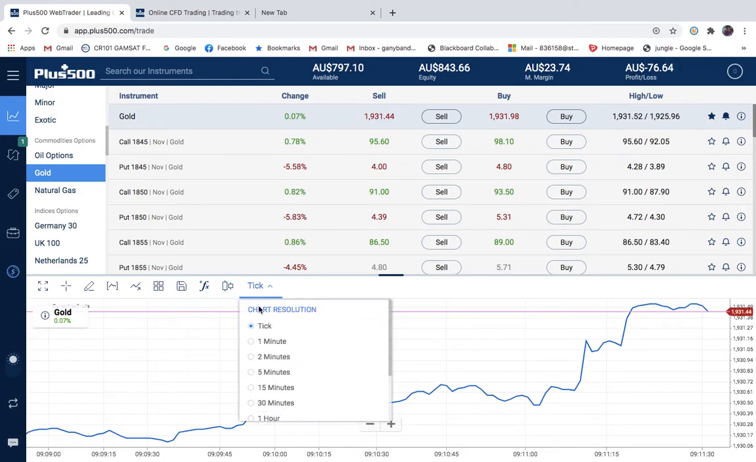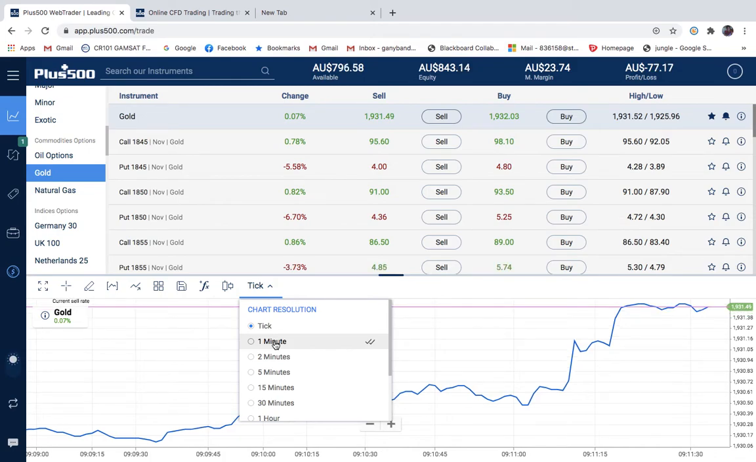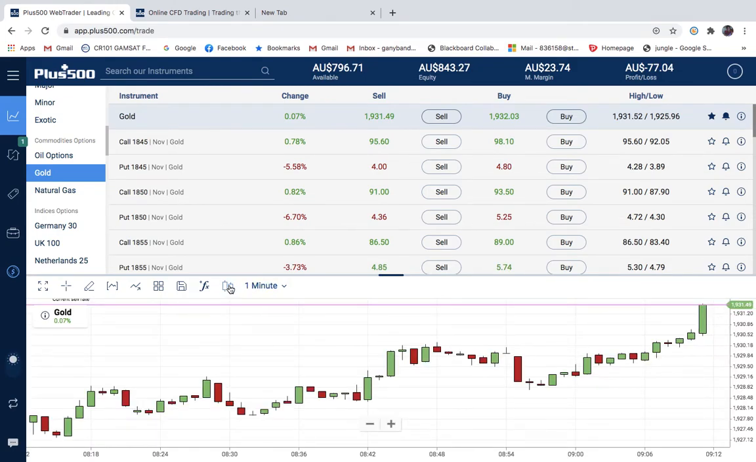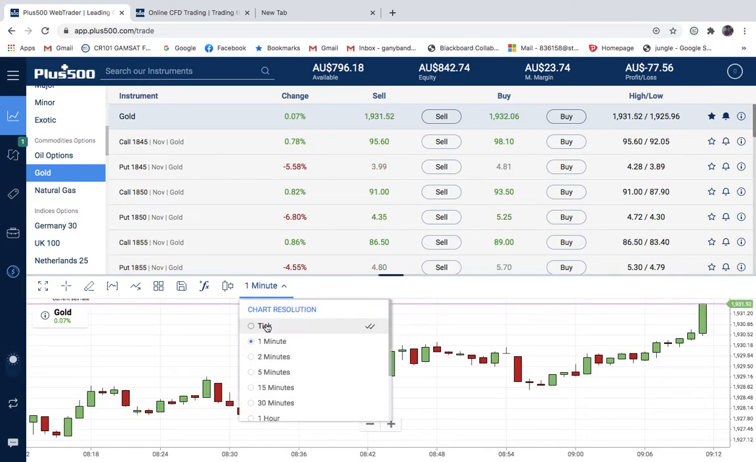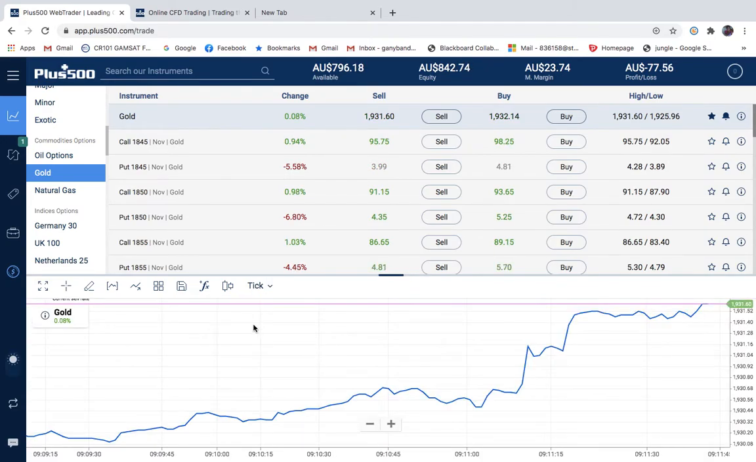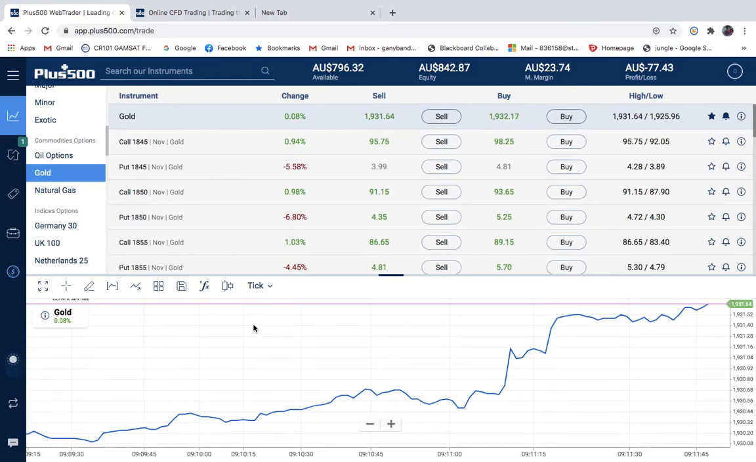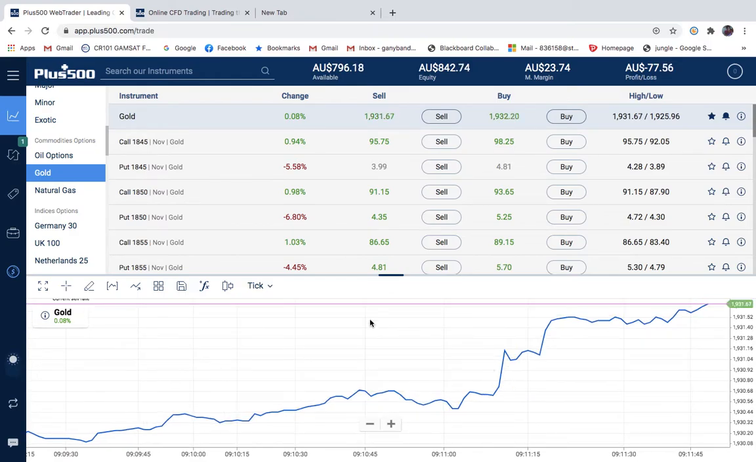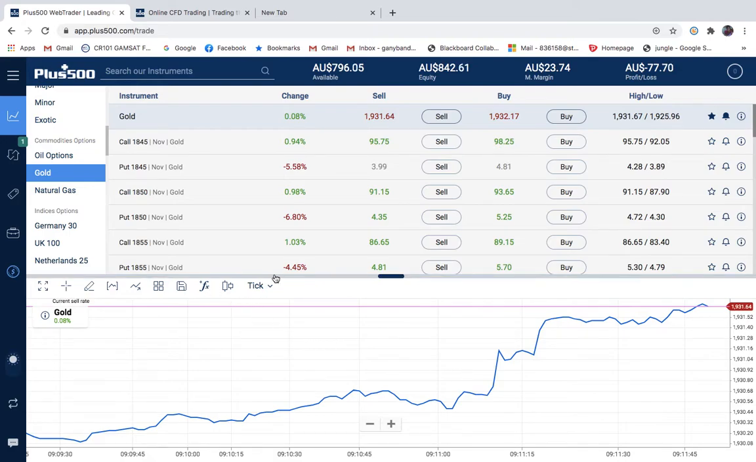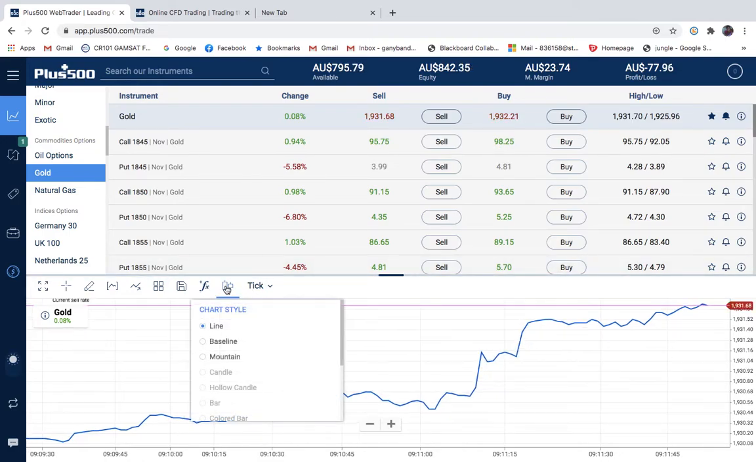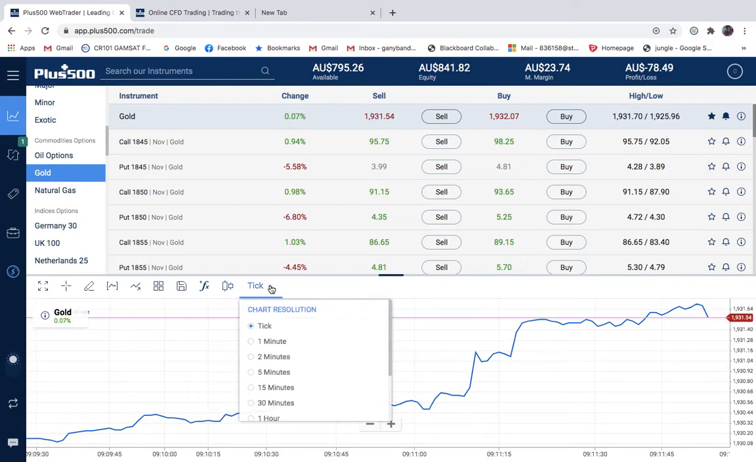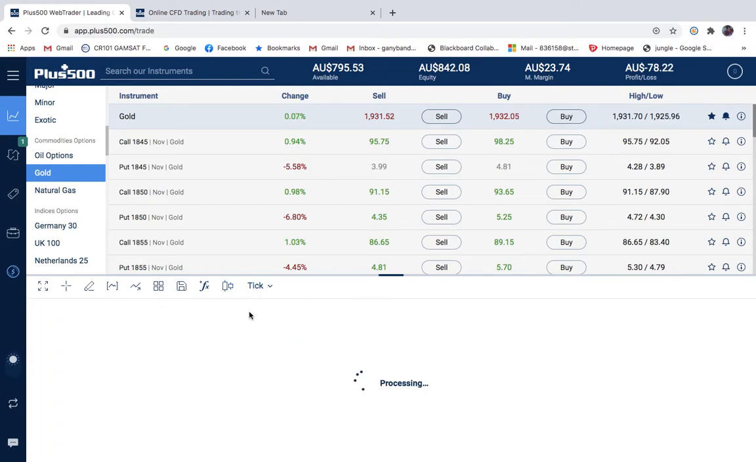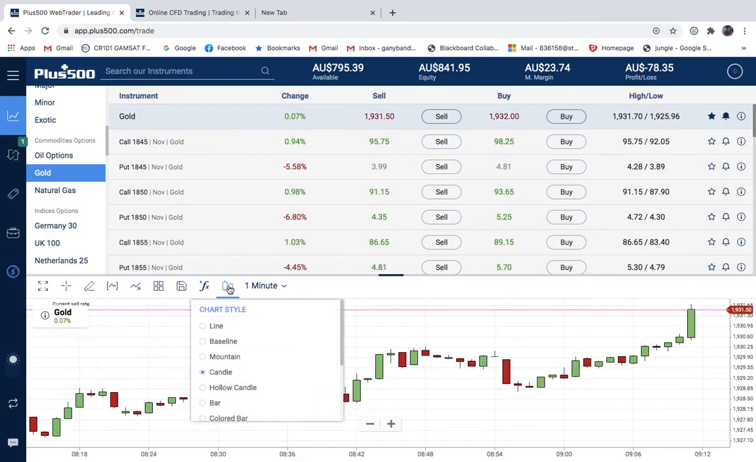So now I want to go back to my candles. Okay, so the tick doesn't show you in candles, it just shows you in a line. Yeah, I've just discovered that now. If I want candles, I have to go back to 1 minute to show me my candles. Okay, this is all that I had for